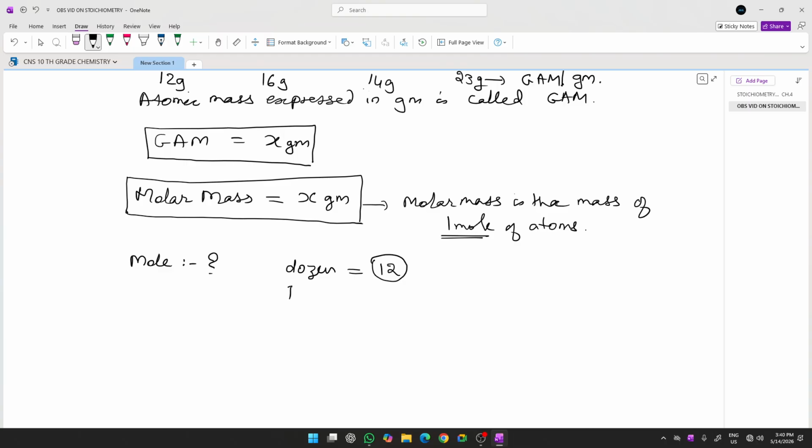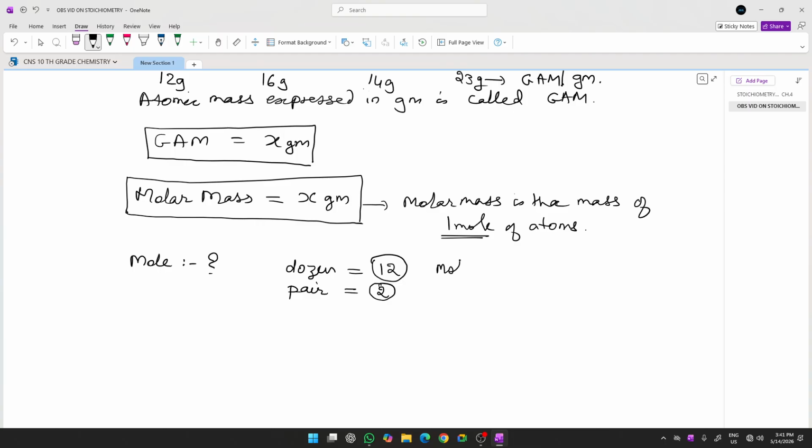Right, you must have heard about this pair. Pair means 2. So whenever we talk about a pair of chappal, it means 2 chappals. Pair of shoes means 2 shoes. A pair of cloth means two clothes, I mean one pant and a shirt, something like that. So pair means two, right? Same